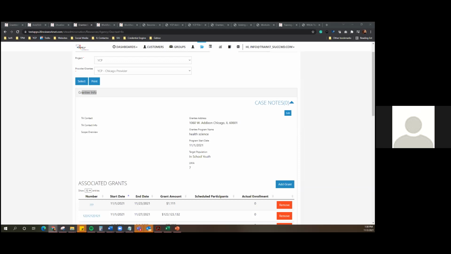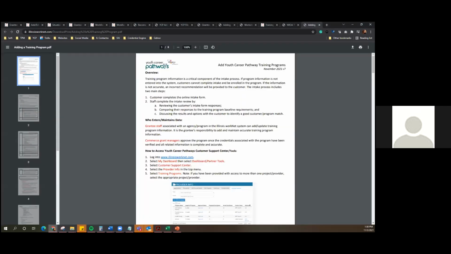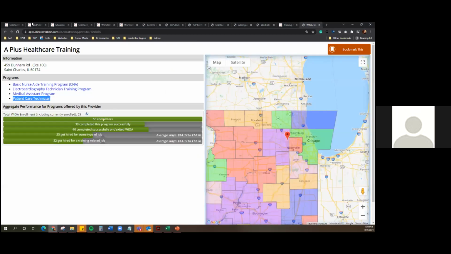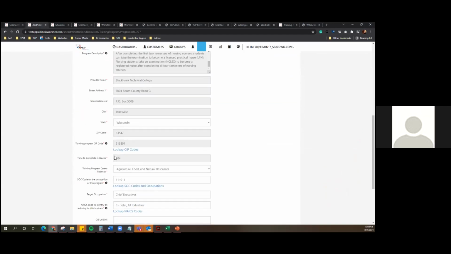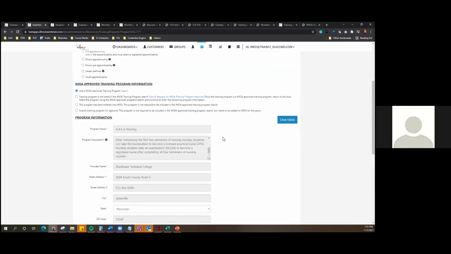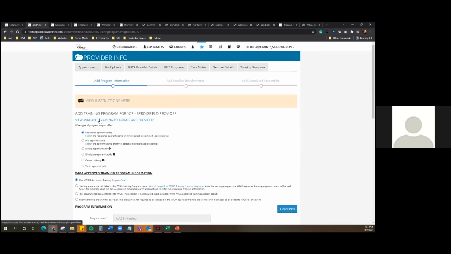I put the instructions in the order in which it would probably make the most sense to get information added. So if you want to copy them down that way, it might be a helpful 1, 2, 3, 4 checklist. So I'm jumping back over. I know I'm all over the place, so I just want to give context where I'm at. I'm jumping back to the training provider piece.